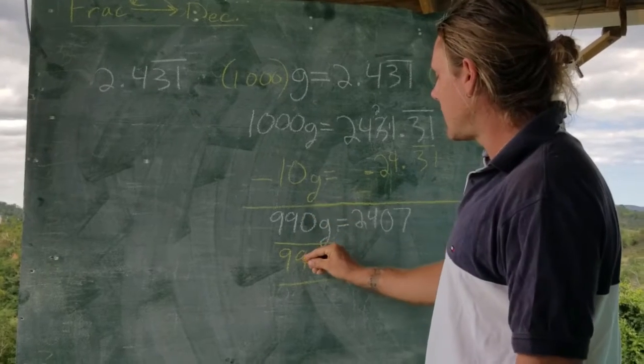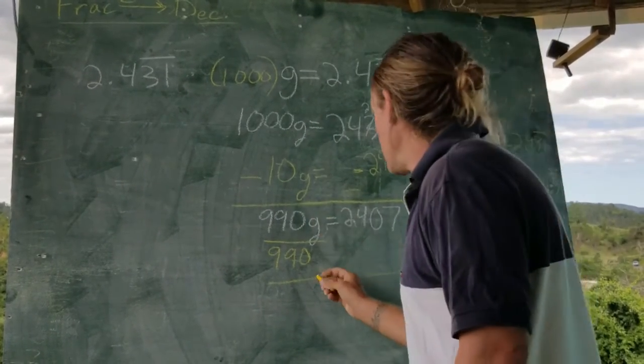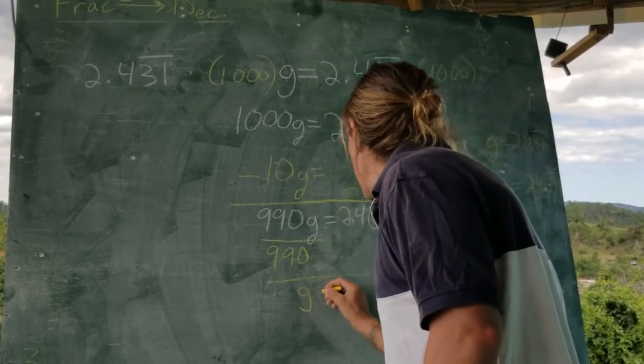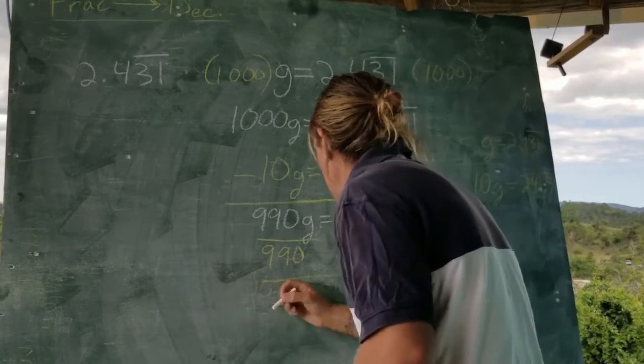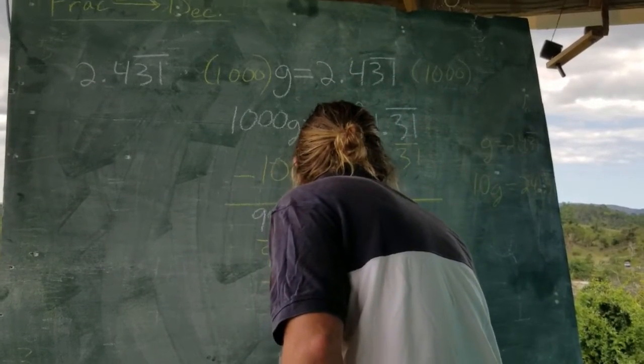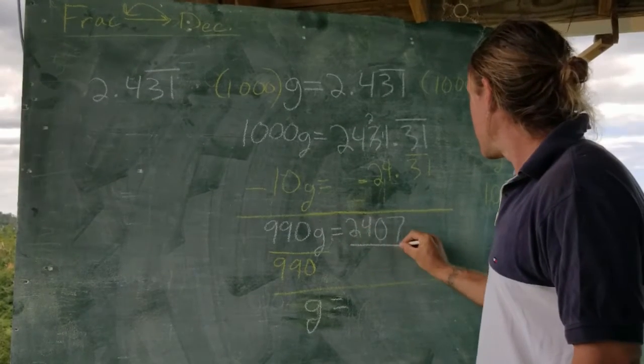990 divided by 990 is 1. Anything divided by itself is 1, and 1 times G keeps G remaining the same. So G is equal to, I'll use white chalk, G is equal to, what do we have to do? What we did to this side, we have to do to this side,